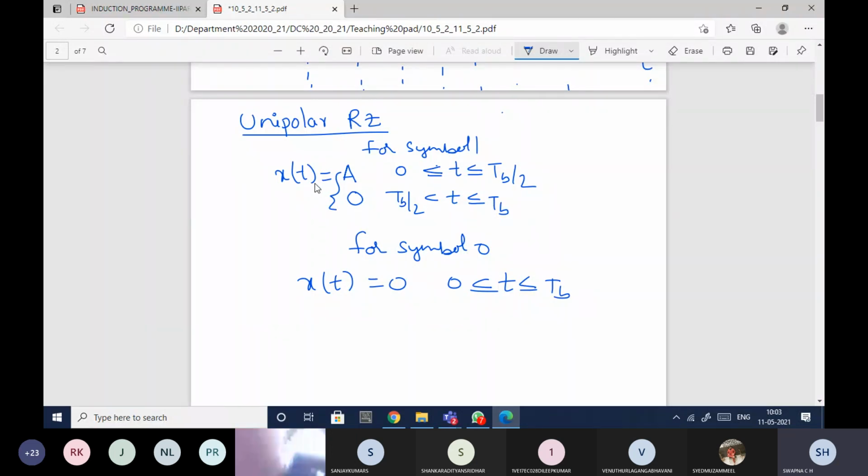Okay, so this is clear. If you have symbol 1, then symbol 1 will be represented with amplitude A for half of the period, and for the remaining half of the period it will be equal to 0. Since in half of the period only it is returning to 0, it is said to be unipolar RZ. Unipolar, as I've already mentioned, means single polarity, positive A, that's it. So only one polarity is available here. That is the reason it is said to be unipolar RZ. So coming to the format,